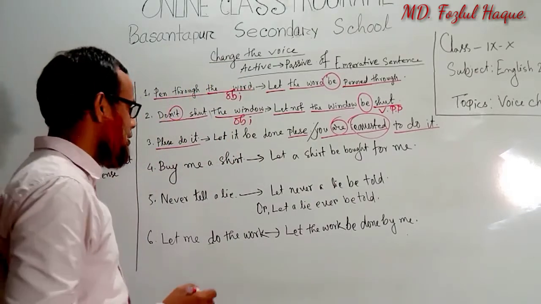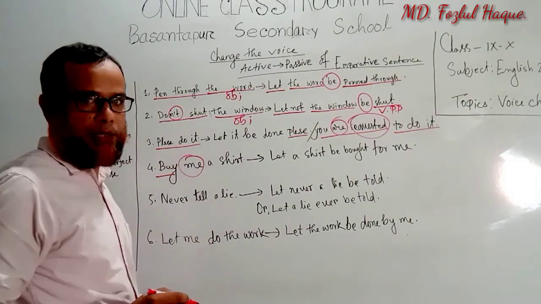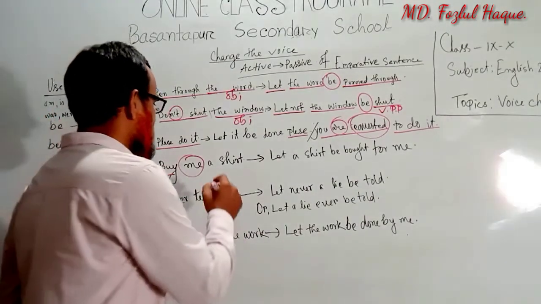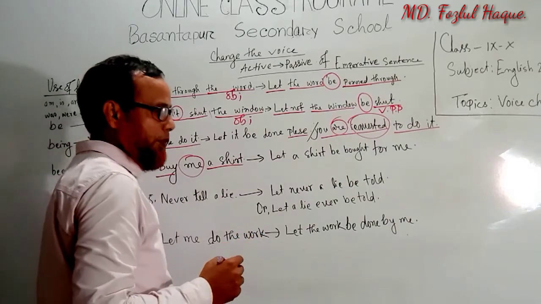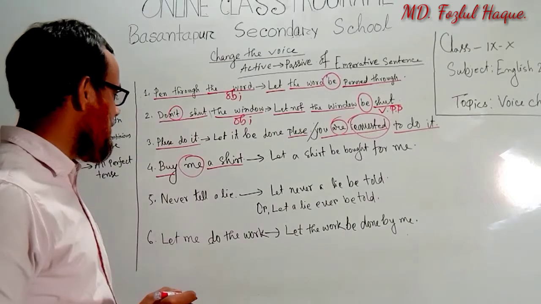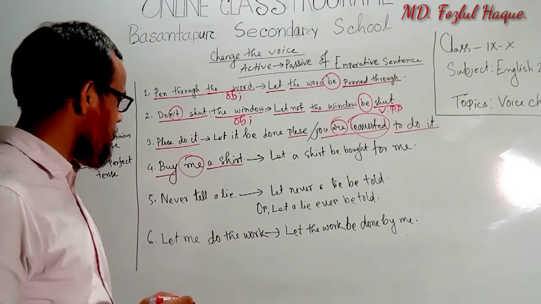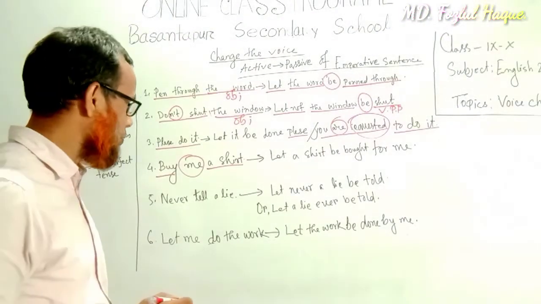In this way we use by plus personal pronoun, then the direct object. If a sentence has two objects, one personal indirect object and another direct object,